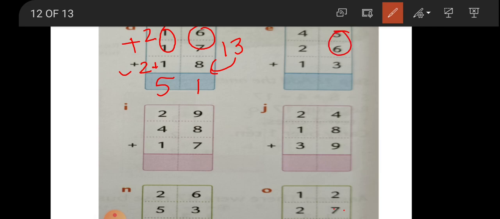Again now here 6 plus 5. 6 in mind, 5 fingers up. 6, 7, 8, 9, 10, 11. 11 came, beta. Now we will do 11 plus 3. 11 in mind, 3 fingers up. 11, 12, 13, 14. So here 14 plus 1. 1 went up. This is called regrouping.